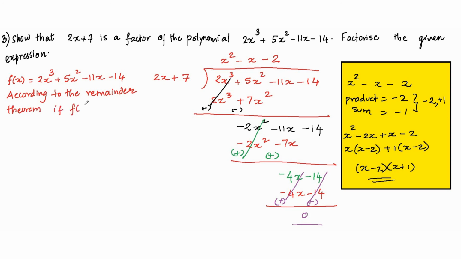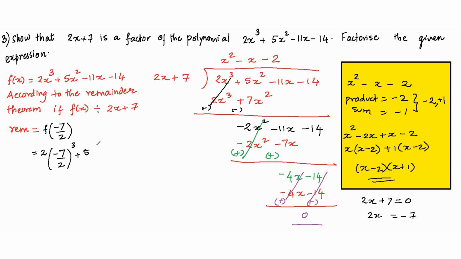if f of x is divided by 2x plus 7, then the remainder will be, so let's equate this divisor to 0. So 2x plus 7 is 0 would imply that 2x is negative 7, which means x is negative 7 by 2. So this is f of negative 7 by 2. And to find f of negative 7 by 2, it would mean in place of x, substitute negative 7 by 2 plus 5 into negative 7 by 2 the whole square minus 11 into negative 7 by 2